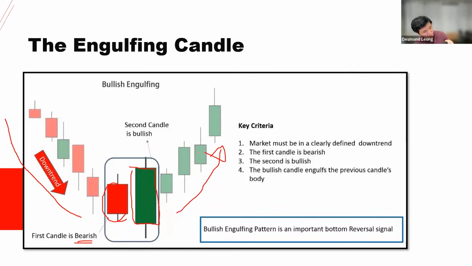This is very useful, but only if you use it correctly. Because I've seen so many indicators out there that forecast it wrongly. But if you know how to use it correctly, it's one of the best double candlestick patterns out there in calling reversals. Okay, let me explain. Firstly, you must imagine